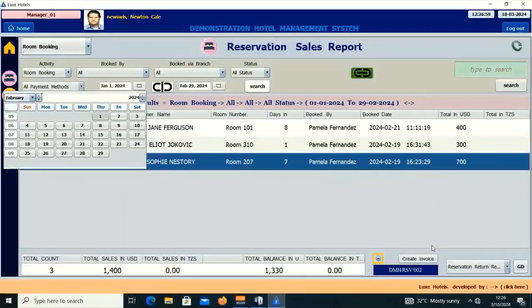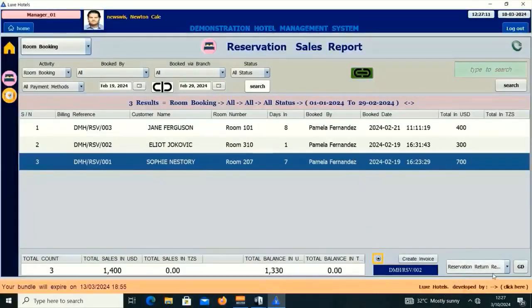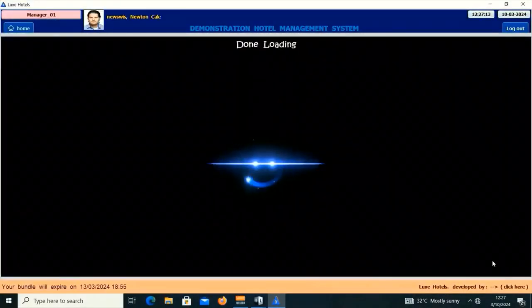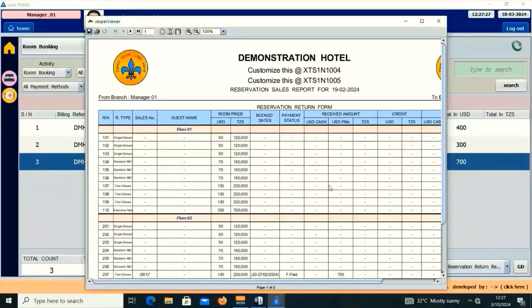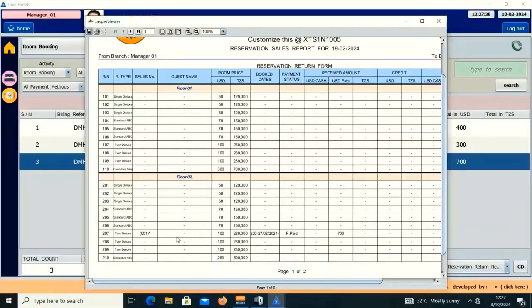I want this sale to appear on that report. So it is February 19. Okay. Now I'll go here. It will generate the data used to generate the report for that date. Now if I go back again to this reservation return report, now this sale is for